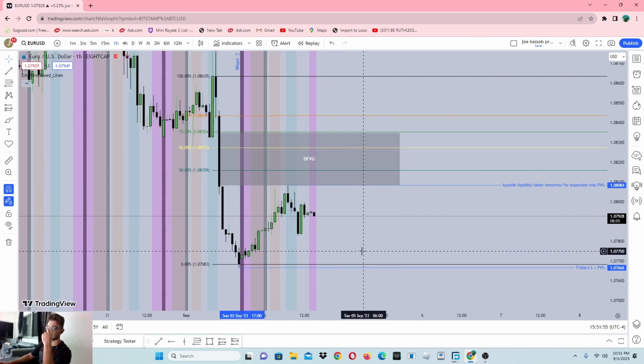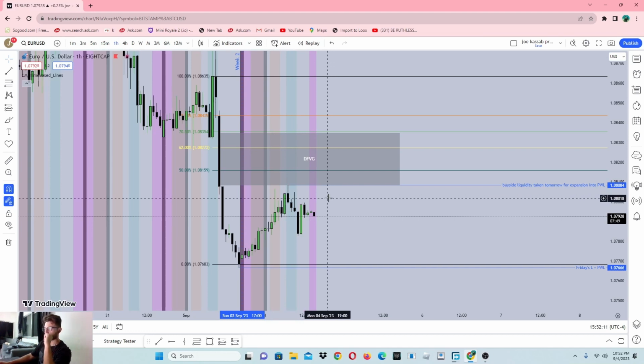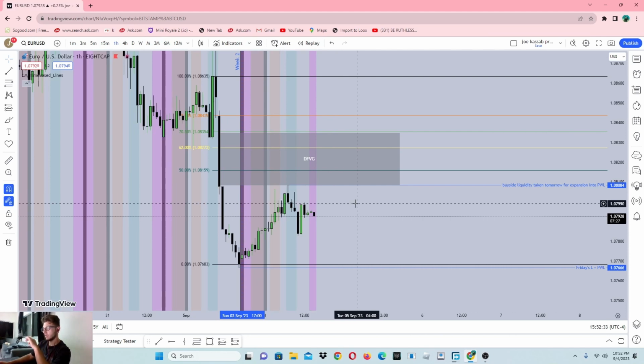So what I will keep my eyes on is the previous day's high, so Monday's high. It's very important because it's acting as liquidity. That's one thing. I will wait for the Asian range to form. Also, the high of the Asian range will be liquidity. And I will see the 12 a.m. open and the 2 a.m. open. So there are a lot of key points that I'm looking for, but ideally I need to see